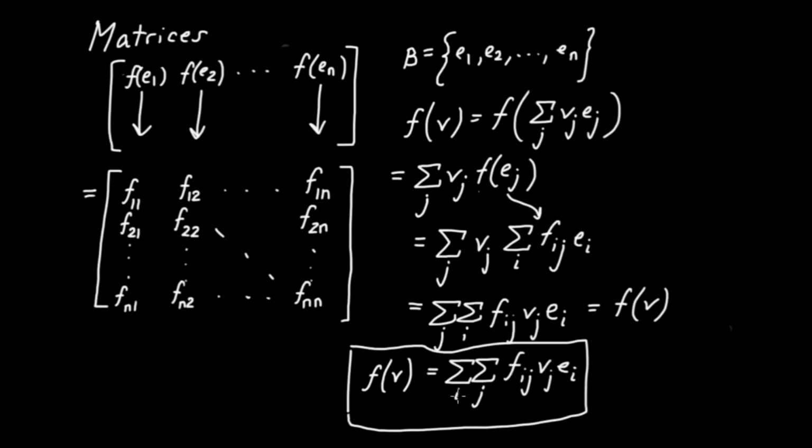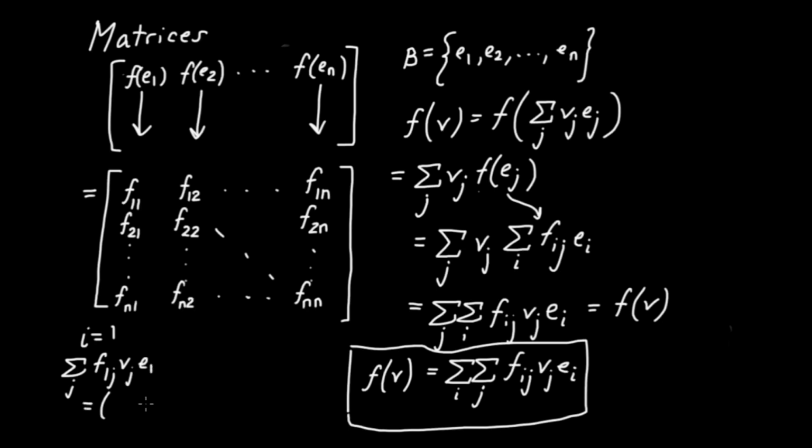Now to see this, let's sum over i first, and consider the case when i equals 1. So what this would be is the first component of f of v. So i is going to take on the value 1, so there'll be e1 there, and what we're looking to calculate is the coefficient, the scalar sitting out front of e1. So this would be the first component of f of v. So we're going to have sum over j, saying i equal to 1, f of 1j, substitute i equals 1 right there, f of 1j, v sub j, times e1,